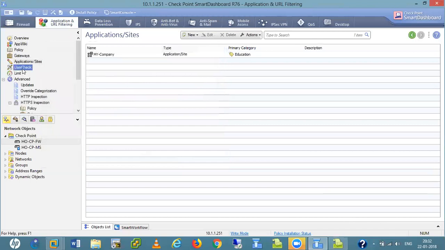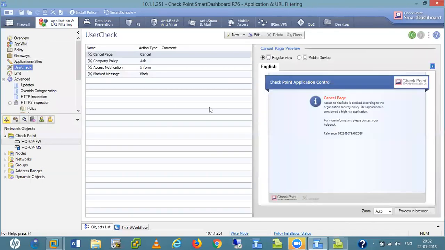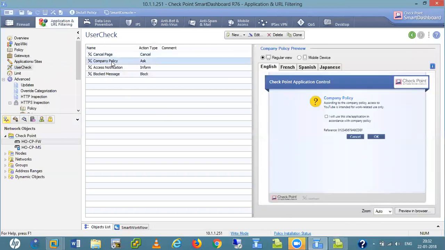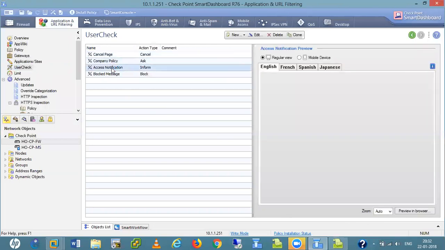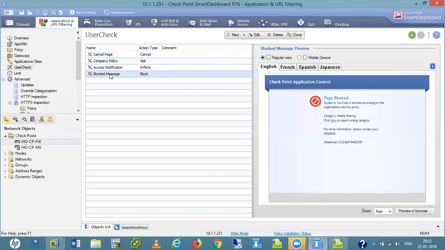These are user checks. See, in this tab here we have the cancel page, company policy, access notification, and block message, meaning page block.